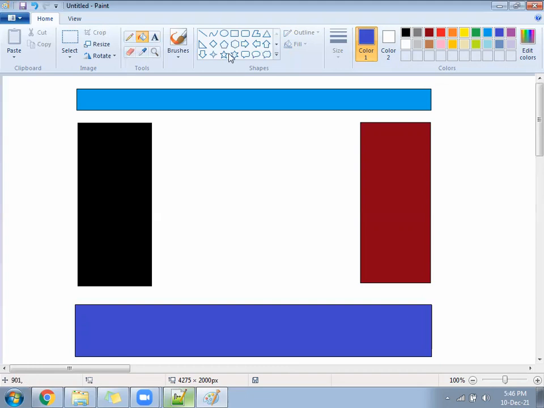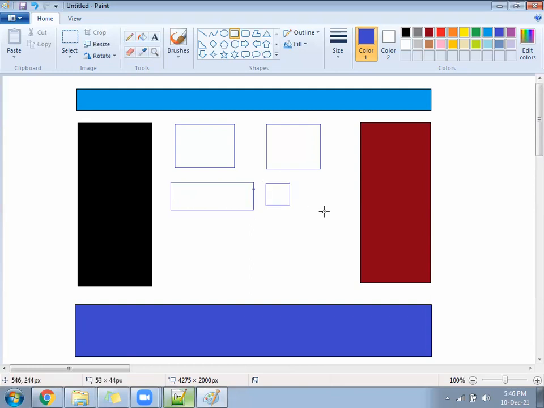Now in between, suppose we want something like this: one block, two blocks. Here again, one little bigger block. Here again, one more little bigger block. Here maybe one block, maybe two, three, four blocks.